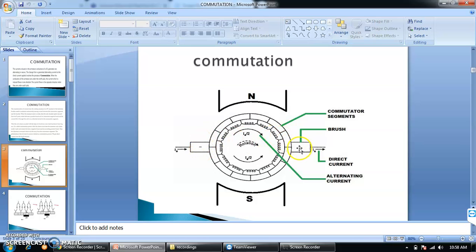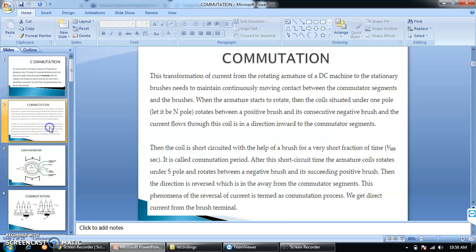They are never placed on the same side, because a DC generator or motor is dealing with AC. If both brushes are placed on the same side, they will be collecting only either the positive half or the negative half. So to solve this problem and also to get maximum efficiency out of the system, brushes are generally placed on opposite sides. Now come to the next point.